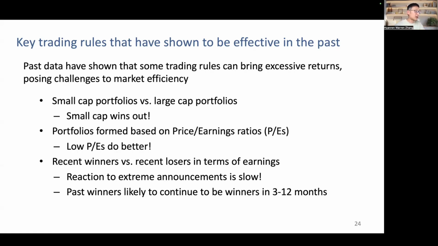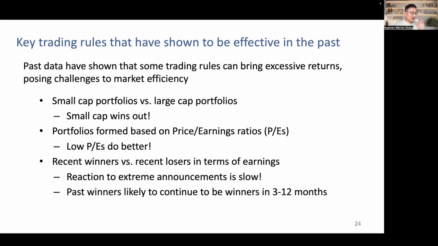So past winners are likely to continue to be winners in the following 3 to 12 months, but over 3 years, for example, more than 1 year, over a longer period of time, we would expect that on average, past losers would win in terms of returns. So past winners are likely to continue to be the winners in the short period of time because of the lagged reaction to the news announcement, as we discussed before. But in the long run, the price will be higher than the intrinsic value, so it will just go back, have this reversion to the intrinsic value.